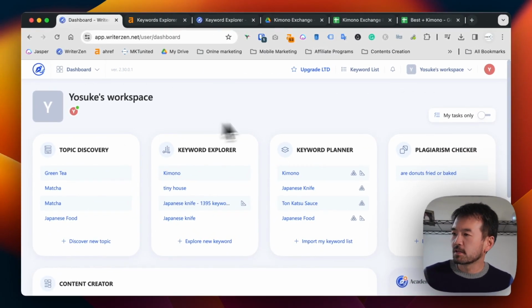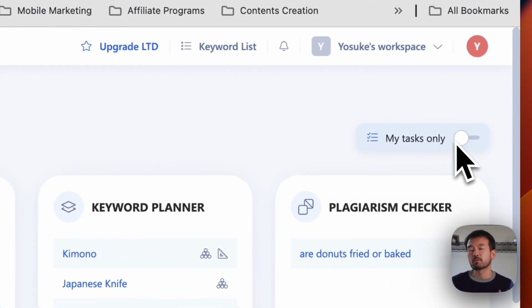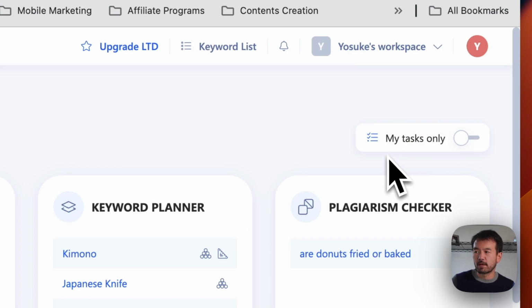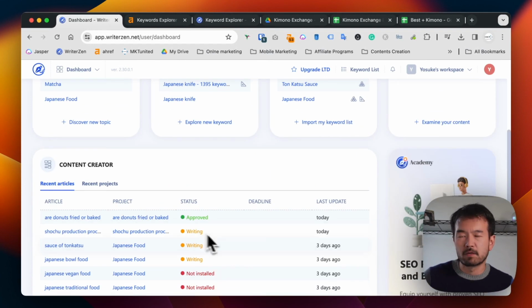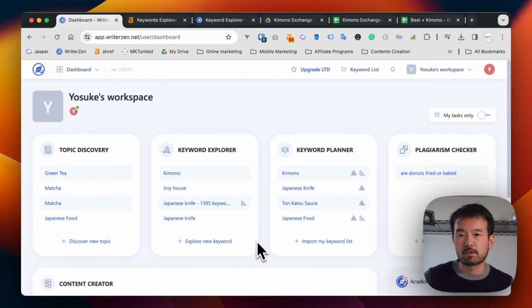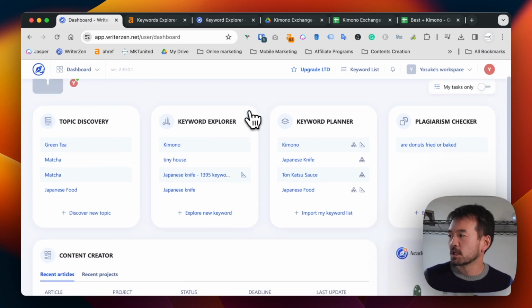First, let's say here, the My Task Only tab. If you're working with a team and it's unchecked, like right now, you can see the whole thing, right? So even if somebody is doing some other project, you can see that too, as long as it's the same account. If you click this to turn it on, you can focus on only your tasks. So first,